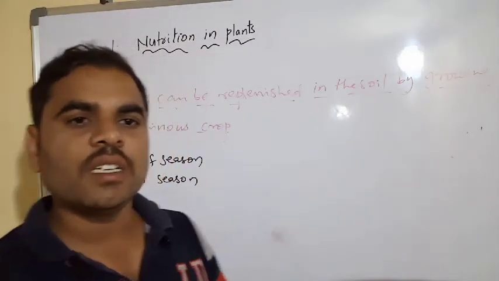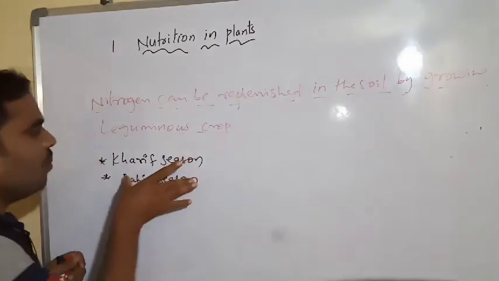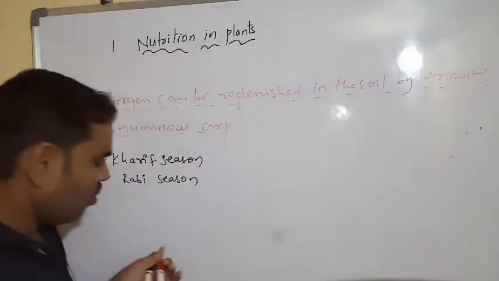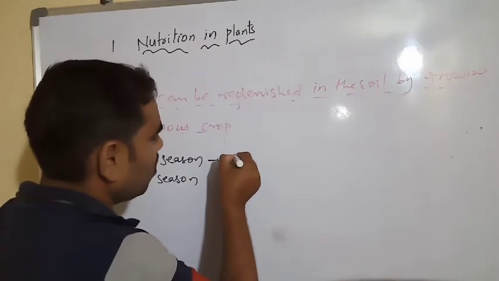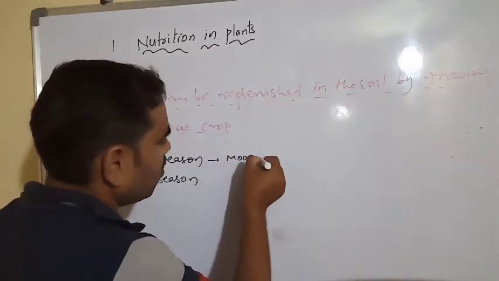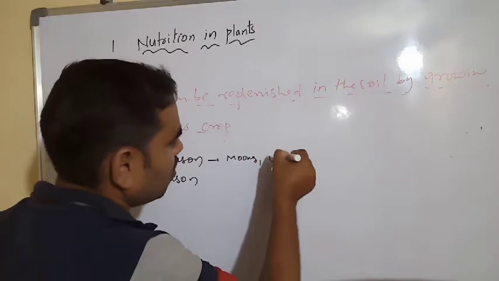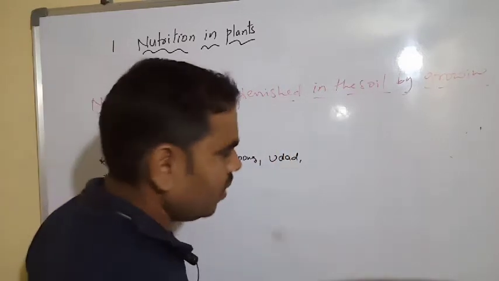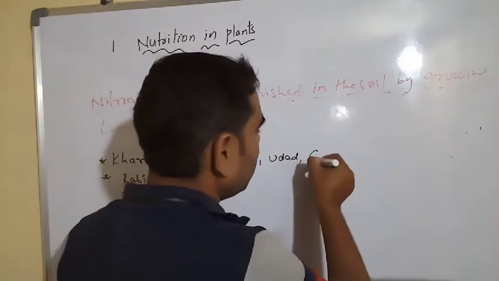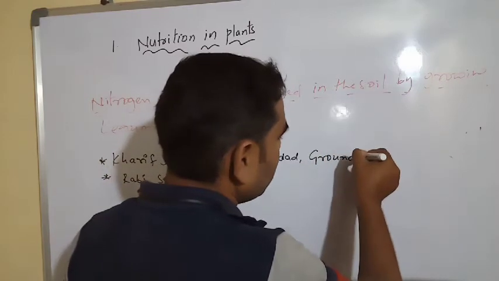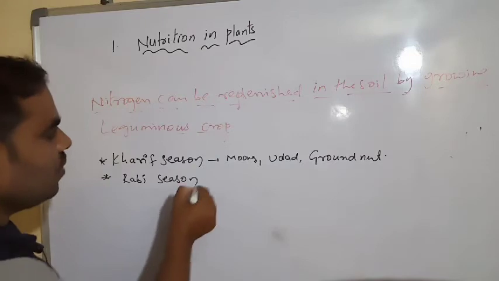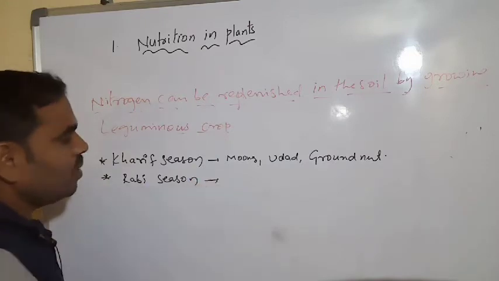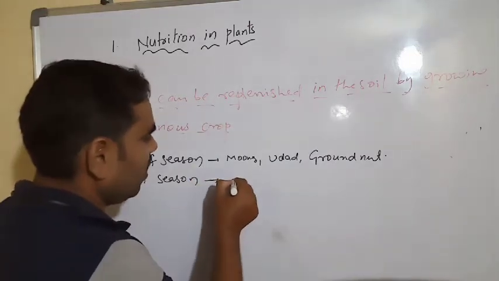In the Kharif season, for example, we sow Moong, Udad, groundnut. In the other season, we sow Jawari,